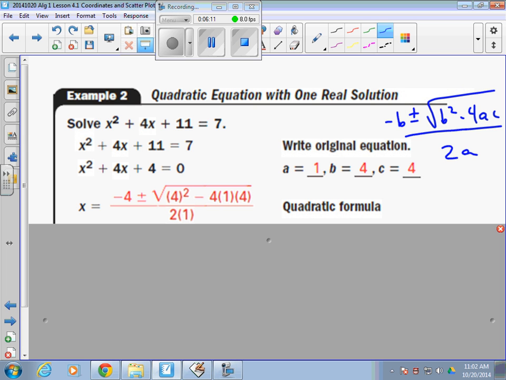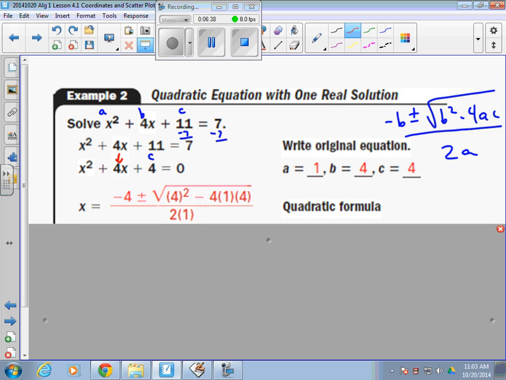Negative b's value, again, it's in the right order. This is a, 1. This is b, 4. This is c, 11. But notice 7 is on the other side. You have to cancel out that 7 by subtracting it on both sides. Now notice what your new c value becomes. It's 4, not 11. So when you plug it in, negative b's value, negative 4, that's b, plus or minus